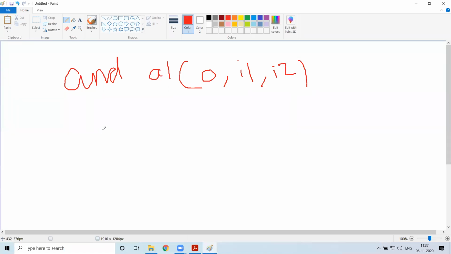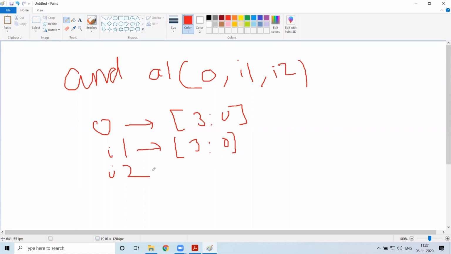Say for example, in this case, the output, instead of 1 bit, is a vector of 3:0. For this case, the inputs should also be in the same form. Input 1 is 3:0, and input 2 is also 3:0.